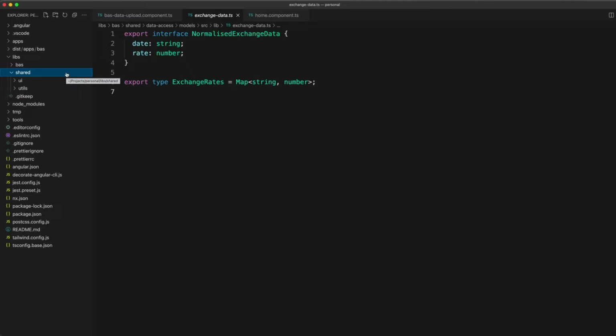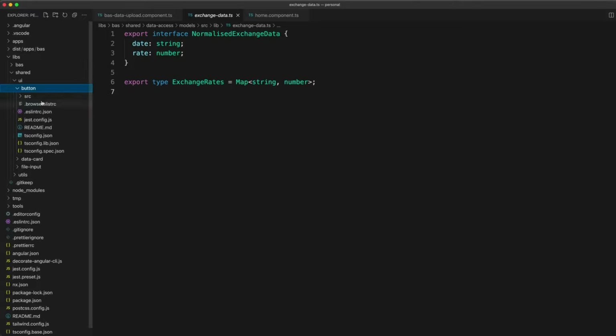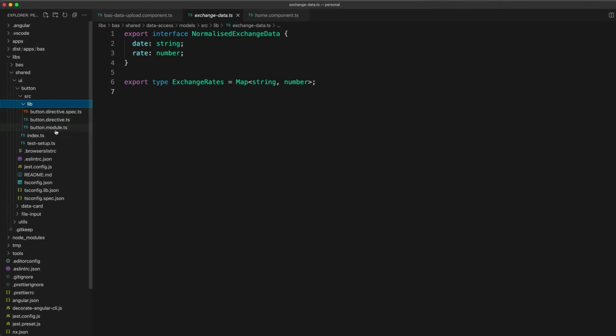So not everything will be able to be generic enough to be reusable in other circumstances, but there are often many opportunities to do this. In this case, I have moved any UI components that could be used generically into this shared UI folder. So this includes the buttons I was using, the data cards to display the totals, and the file input for uploading CSVs. If we just take a look at the button, for example, you can see this is